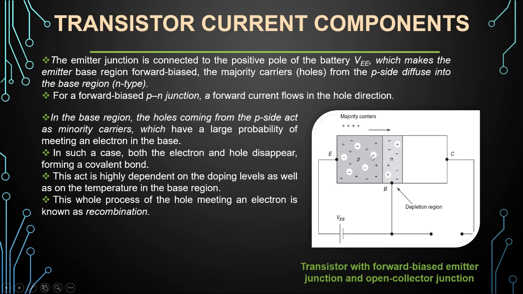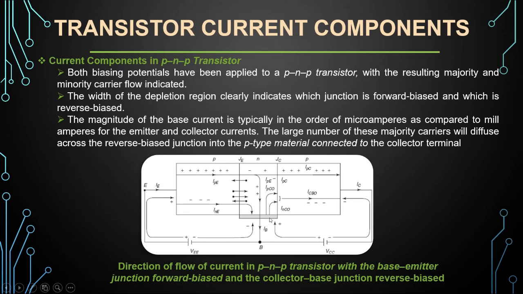Here we have holes. In P type, majority carriers are holes. In N type there are electrons. The base is narrow, so narrow means there is less place for the electrons, so holes will have more quantity. While flowing we get the depletion region and we get the recombination. What is the meaning of recombination? When electrons and holes combine with each other, they become immobile covalent bonds, and they satisfy themselves. So it is called recombination.